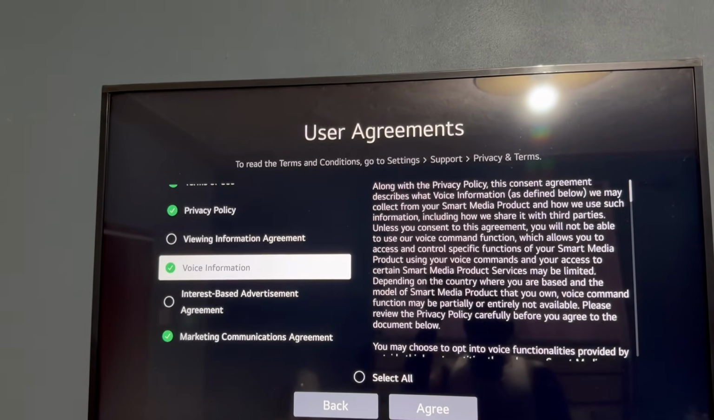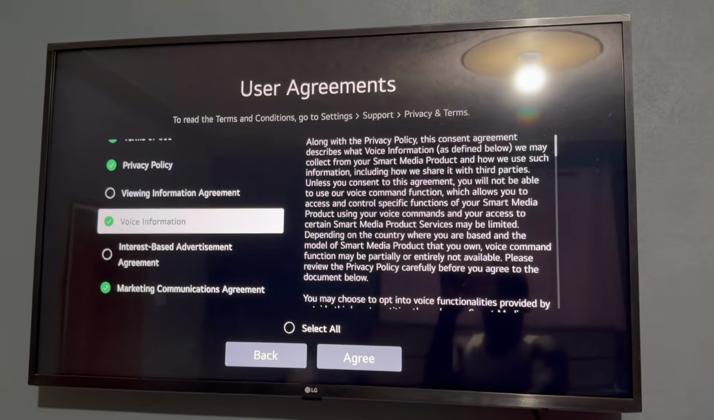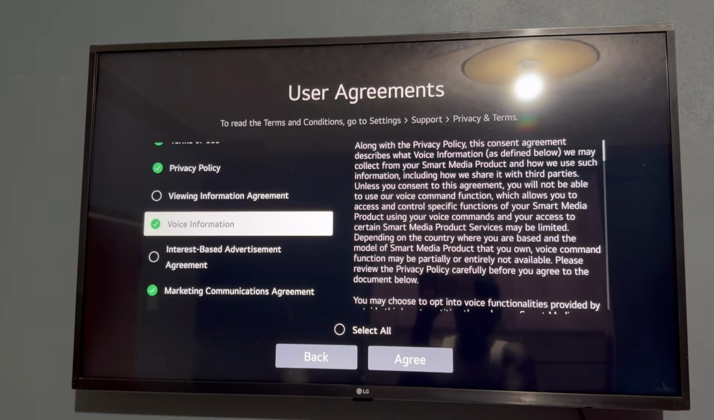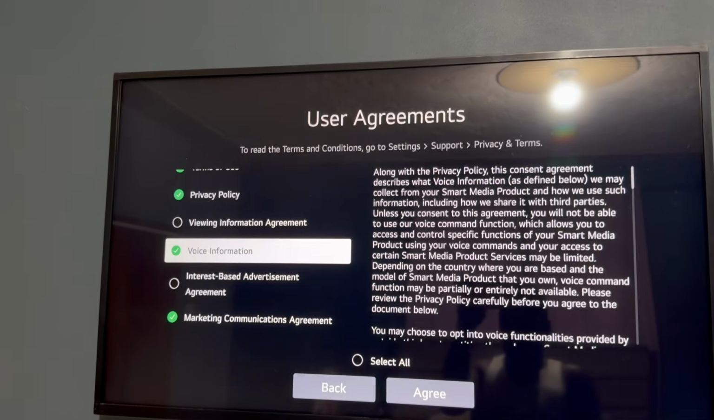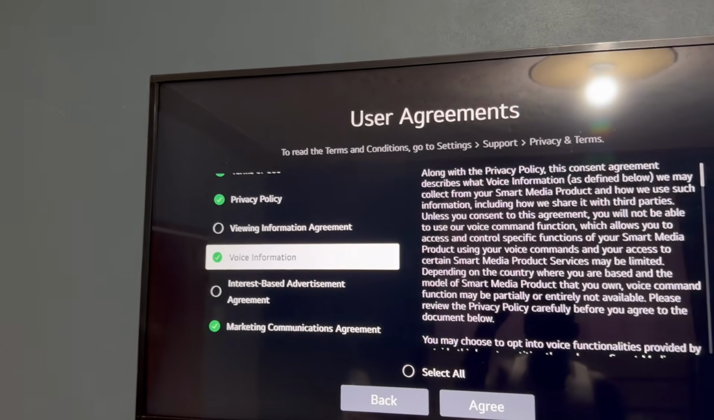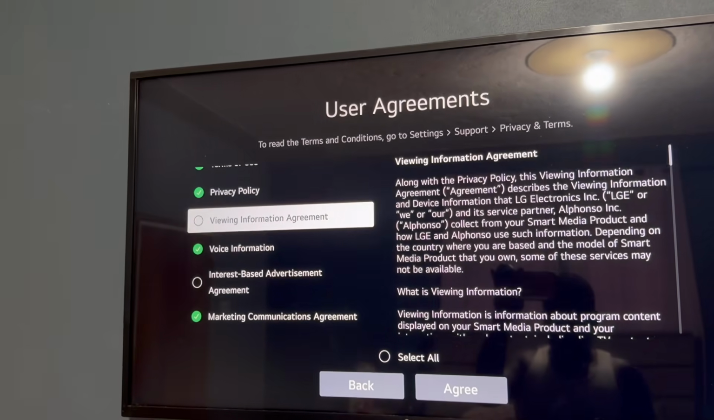As a bonus, you can also turn off voice information. If you're not using the voice features of your remote or your TV, as an added layer, you can also think about turning off the voice information. But since we are focusing on ACR, we're gonna stick to that. You can choose to turn that one off later, if you want. So once we're finished,